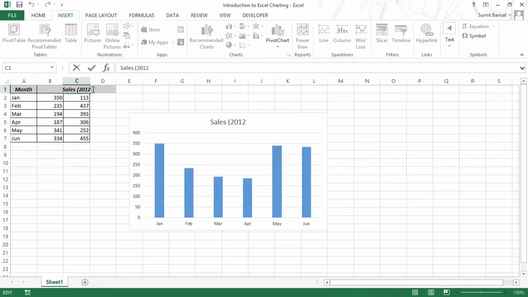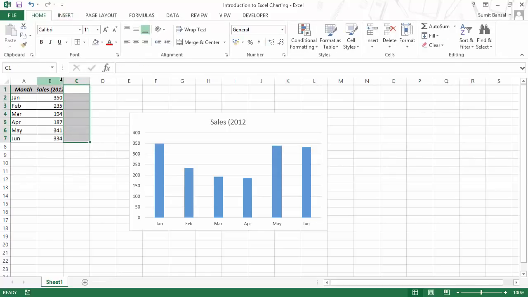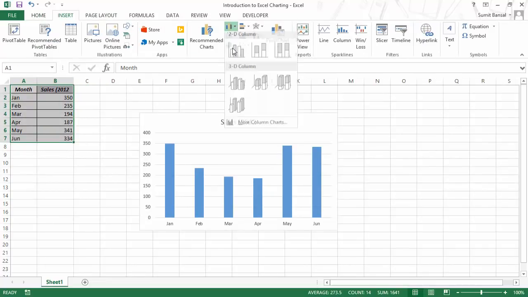I've just written it wrong here. So this is how you can use a cluster chart. Let me delete this. I don't want to use this data set. I only want to use this part. The other charts that you can insert here are